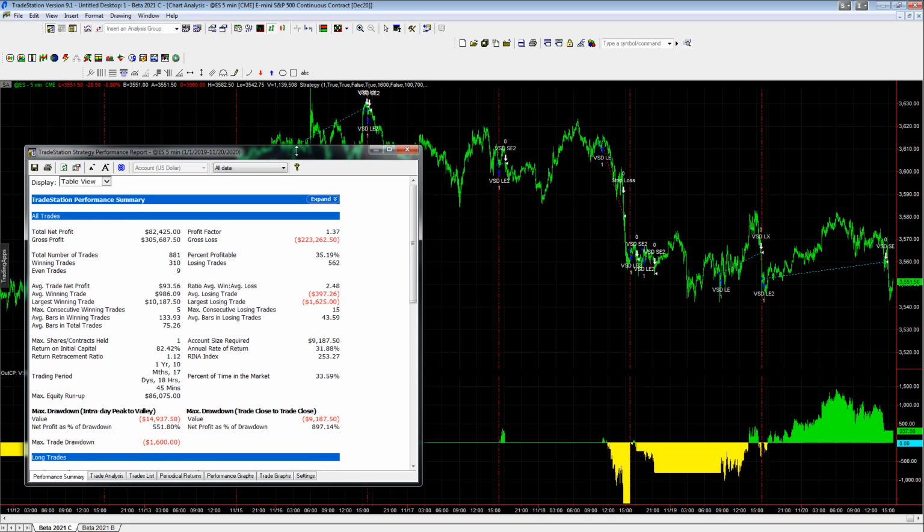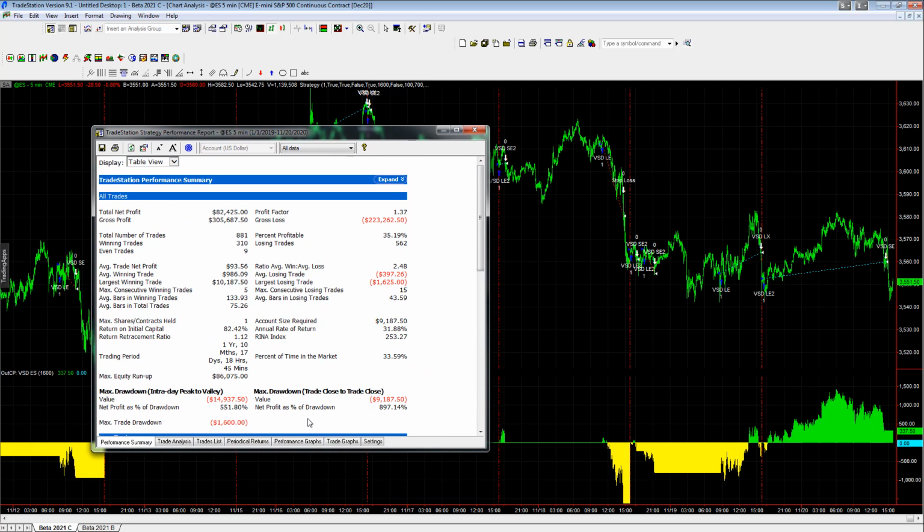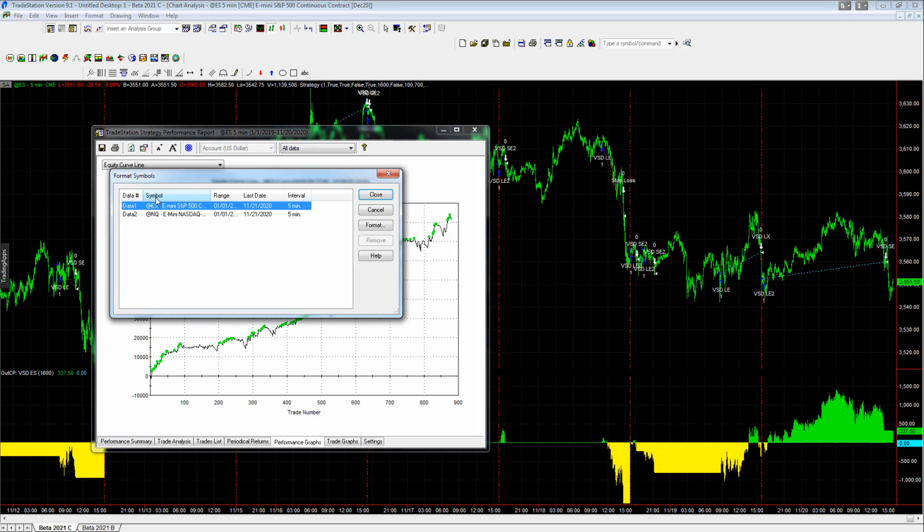And I wanted to share that with you on the E-mini S&P. I would prefer to trade this on the Nasdaq versus the ES. But if you want to trade it on the ES, you can. This is one way you can do it. This is an example of a strategy where if you want to trade one market that's correlated to the other based on the more inefficient market, you could trade the ES. In this case, based on the E-mini Nasdaq, you could change data 1 to a micro contract,